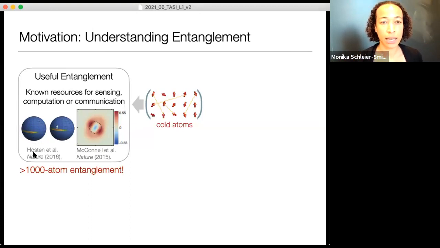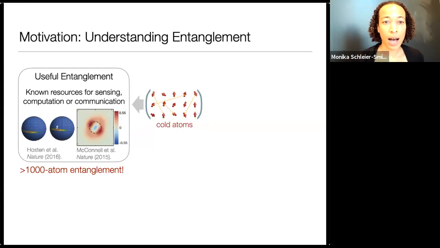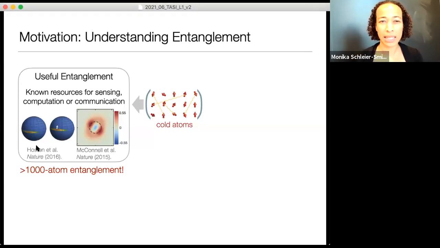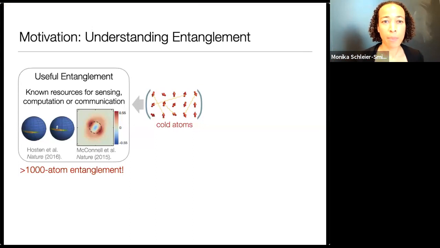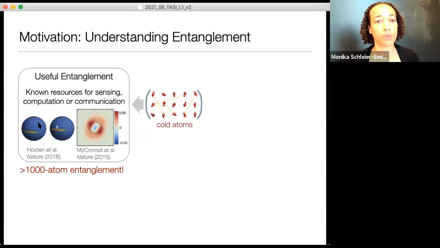I showed you the pictures on the left here partly to illustrate that one area of interest are states that are entangled, but in some sense conceptually simple, right? One can demonstrably show one has, let's say, thousands of atoms entangled, but I've shown you a picture of the quantum state, and generically, a quantum state of thousands of particles is something that you would think is exponentially complex to describe. But there are certain cases where I can draw a simple picture in terms of, let's say, the average magnetization and the fluctuations around it. That's a very special case.